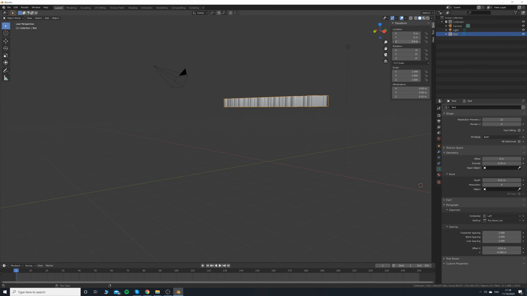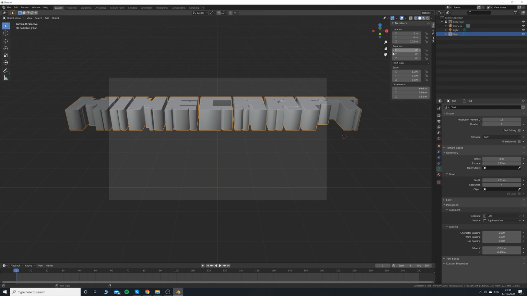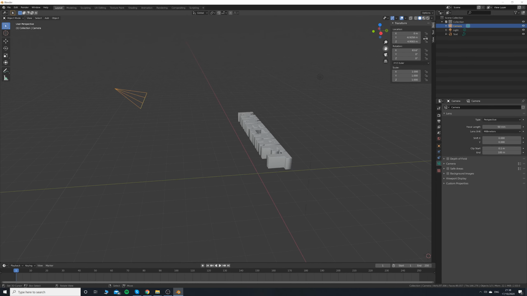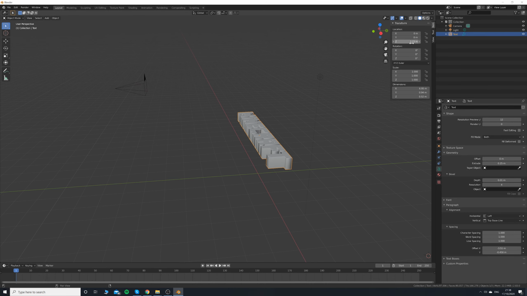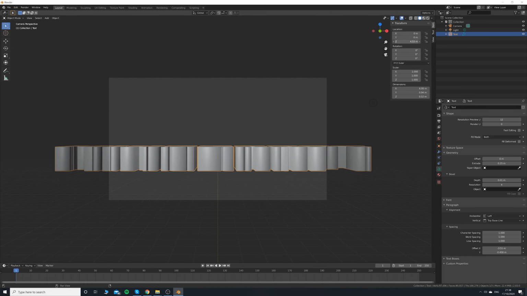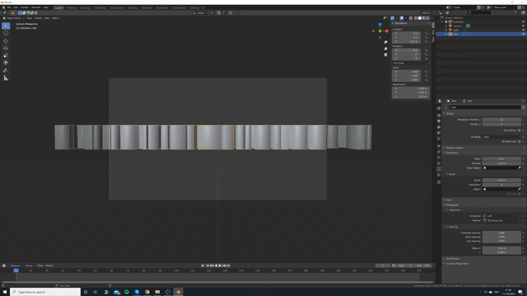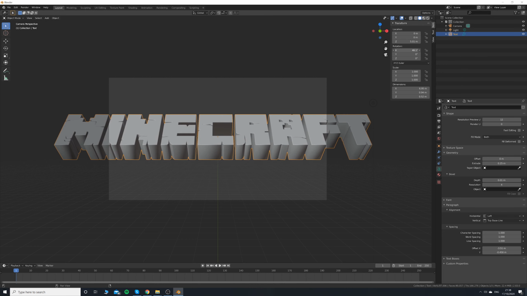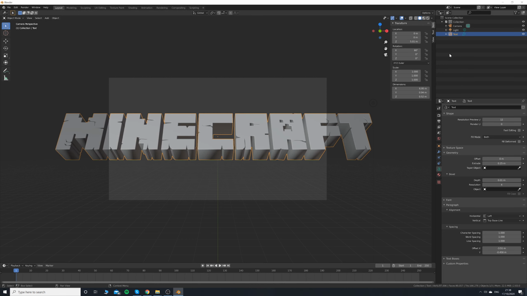Now we can move the z to where we want. Actually, let's set this camera angle to 90 degrees on x. Let's move this a bit up, and if you press numpad 0 you can preview it through the camera. Add a bit of rotation, probably about 60 degrees,